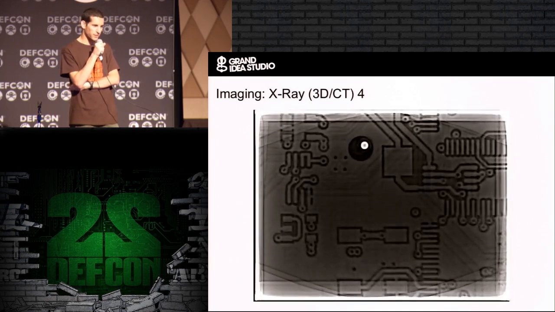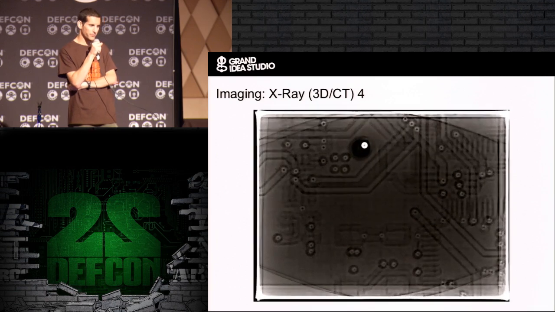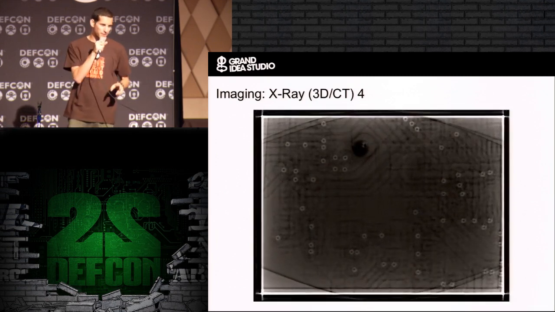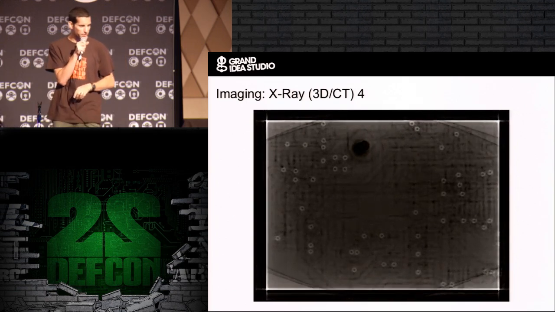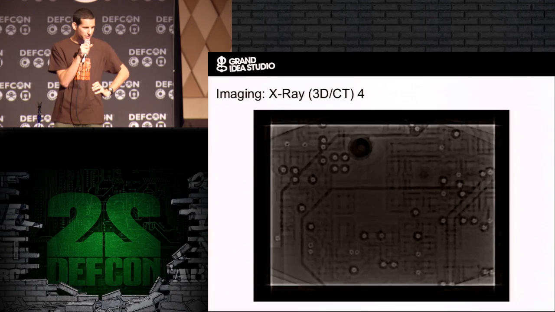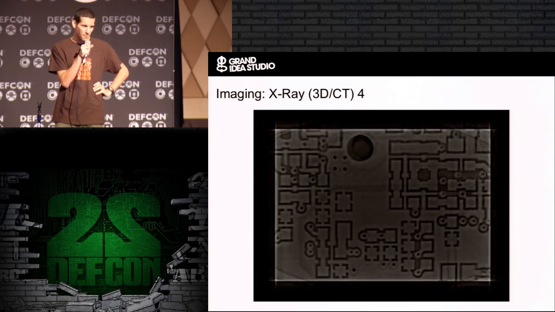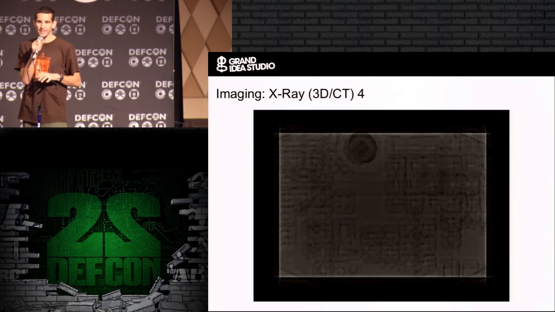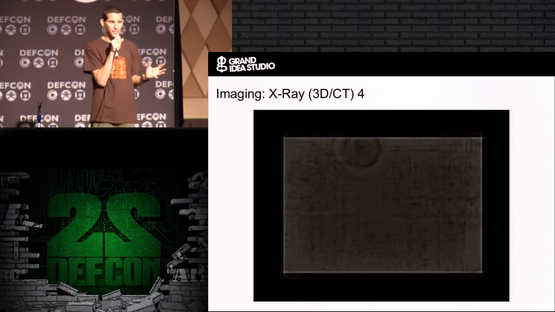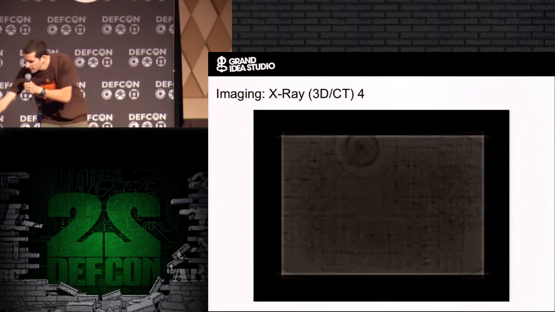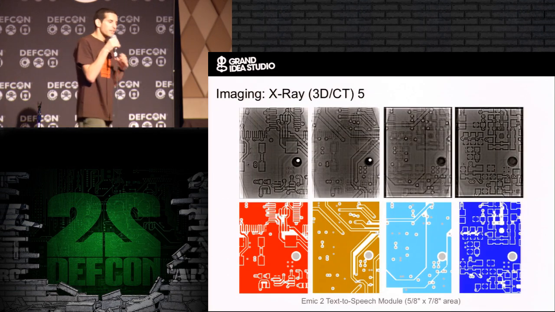There it is. There's layer 1, and then layer 2 comes up. There's layer 2. Then we go through the middle of the board, the middle substrate, which is thicker than the others. Then layer 3 comes up fast. There's 3, and there's 4. So now non-destructively, we can see through the entire circuit board without having to do anything, which is awesome. Here's another view of it. So you'll notice